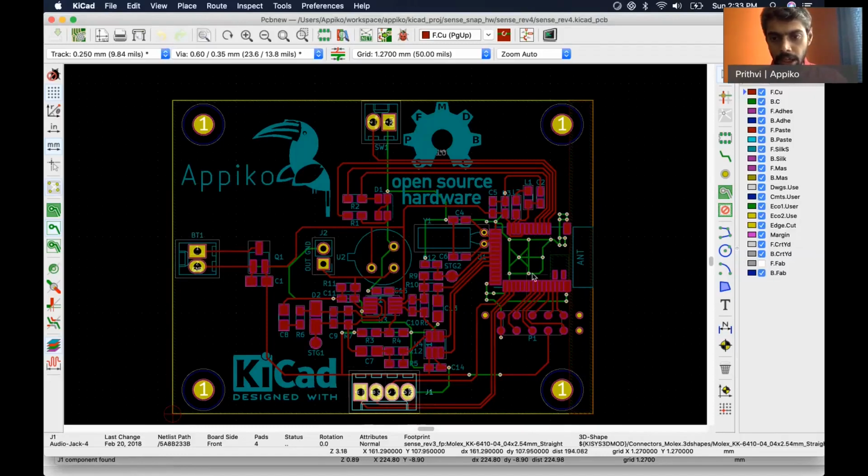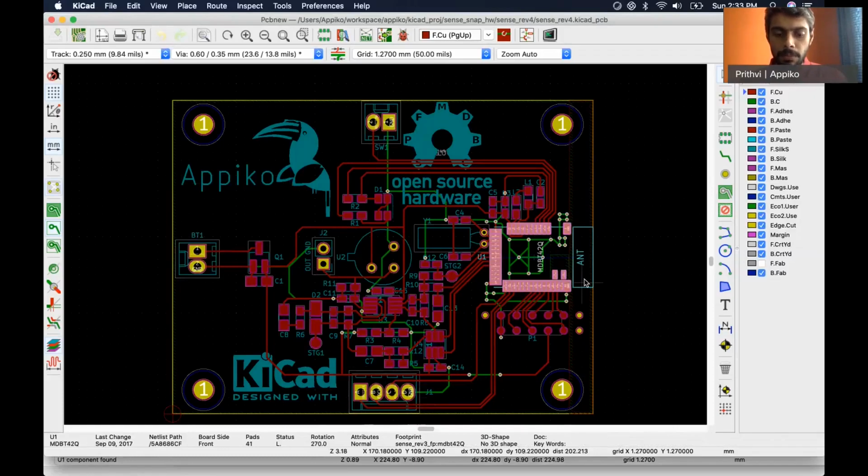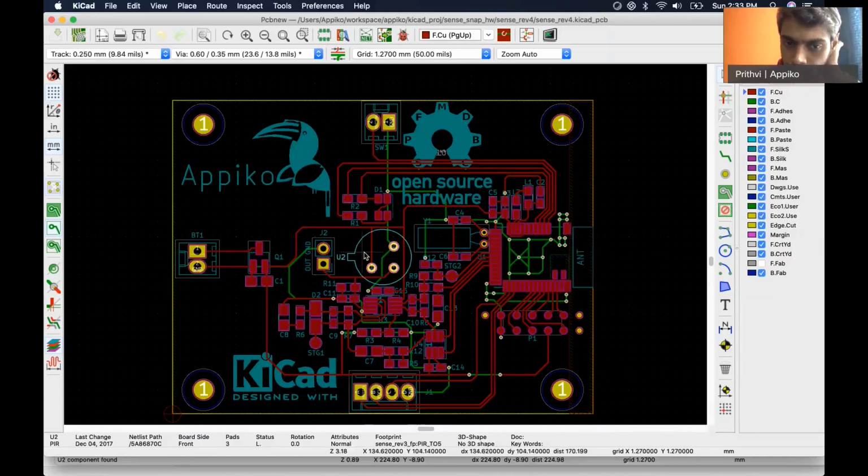Then we placed this Bluetooth module, which contains the main processor, as well as the Bluetooth radio. So this is placed here at the edge because the antenna needs to have no copper layer below or above the PCB, right? So that is why this was placed at the edge. Next is we can see this PIR motion sensor. Because of the Fresnel lens, this needs to be right at the center of the PCB. So that is why this has come here.